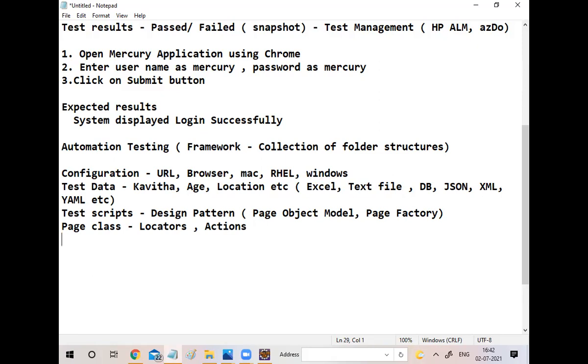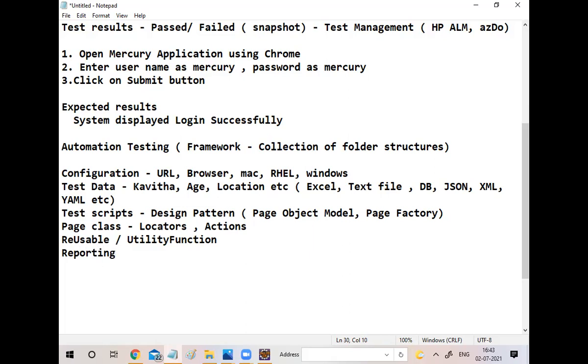So for that you have to create one more folder, the reusable or utility functions folder. Then finally, reporting will also be there.